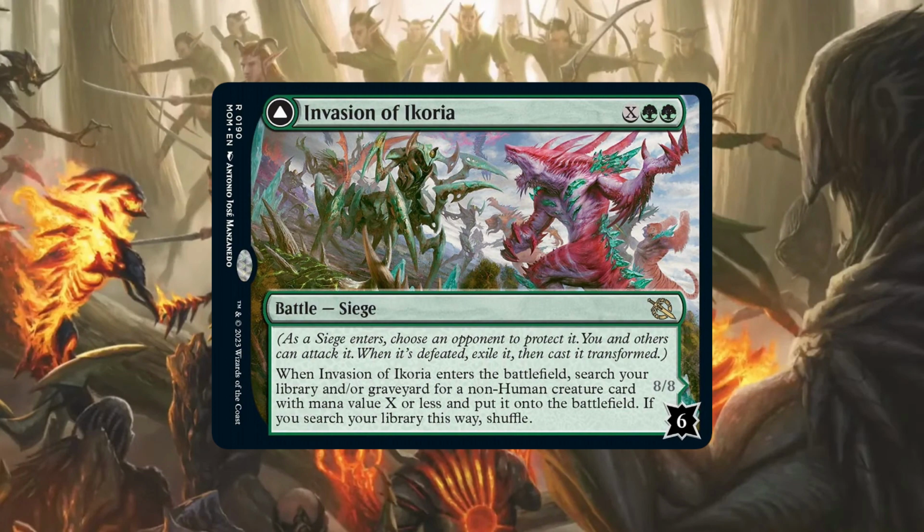I assume this is here just to allow them to have alternate types in the future if they decide to switch it up. But how it works is, as a siege enters, you get to choose an opponent to protect it. Then you and other people at the table can attack that battle. When it's defeated, you exile it and then get to cast the backside of the card without paying its mana cost. So think about it like a Planeswalker, but instead of you having to be the one to defend it,